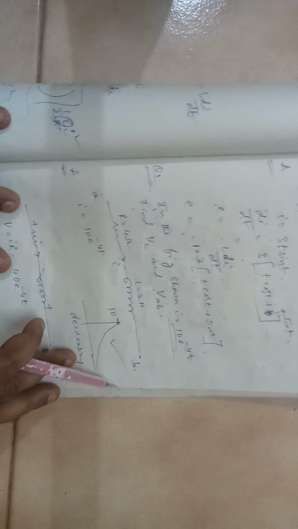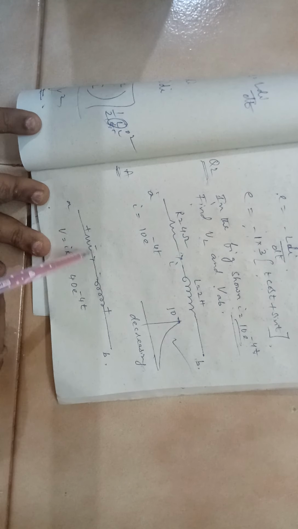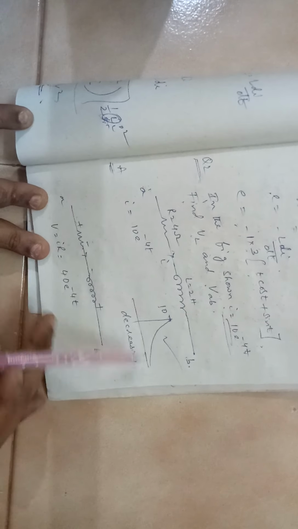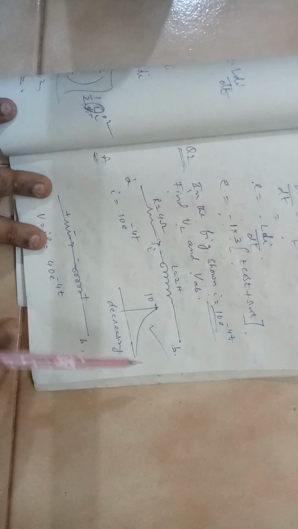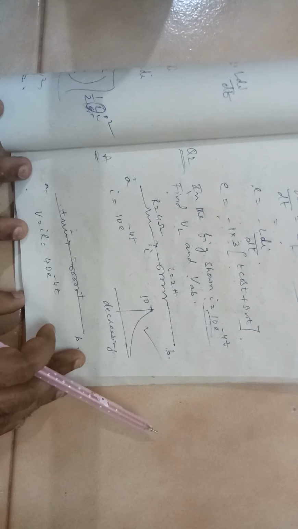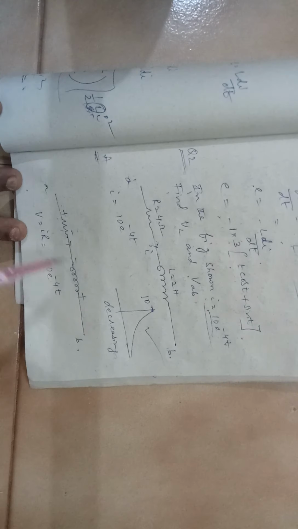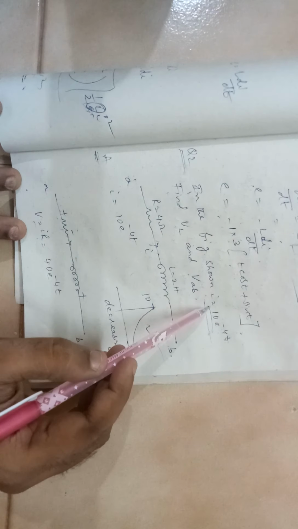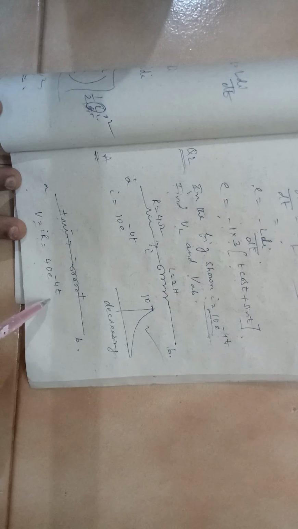So here you need to draw the circuit as discussed earlier. You need to mark the plus minus. Here, resistor, the flow of current is like this, so plus minus this way. But when it comes to inductor, the rate of change is decreasing, so there will be a potential rise, so minus plus. So across the resistor, the voltage will be IR. So I is given as this, so I into R, 4 into 10, 40 e power minus 4t.